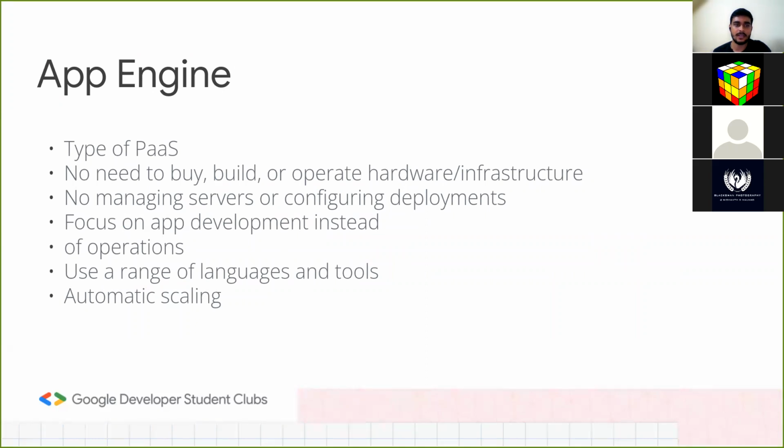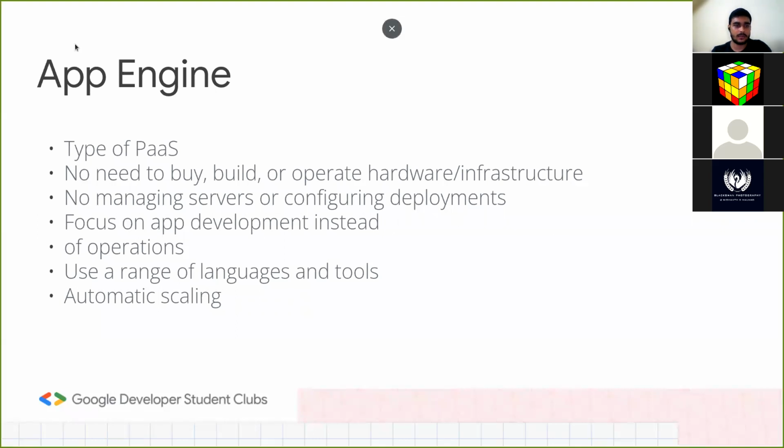It is a type of PaaS, or platform as a service. They give you a platform where you can build your application on top of it using popular languages. It supports Python, Ruby, JavaScript, and a few other languages, and you can always go to the documentation to check how to develop. There are some restrictions: you have to use specific platform-dependent dependencies in your application in order to build it, right?